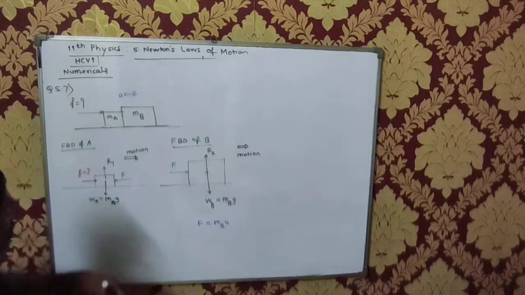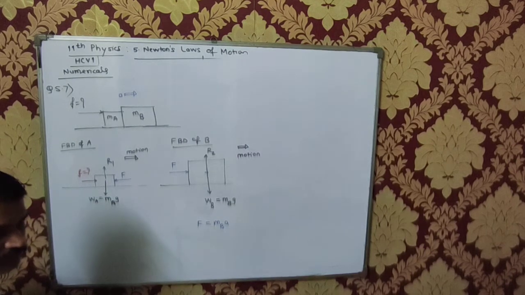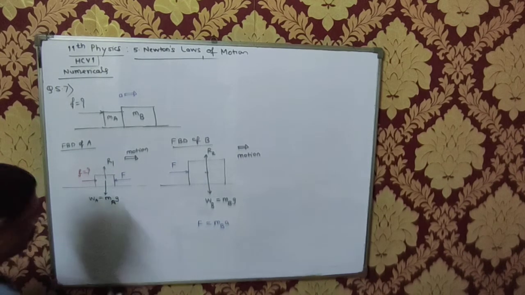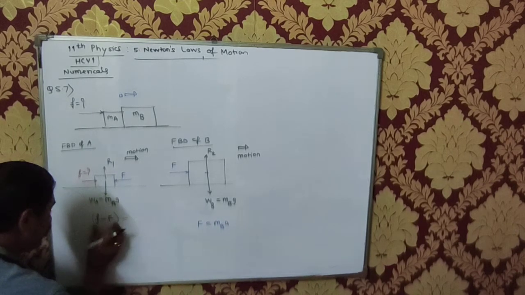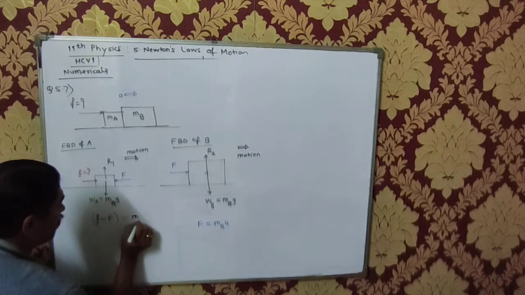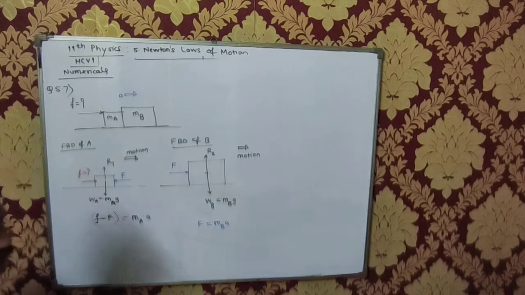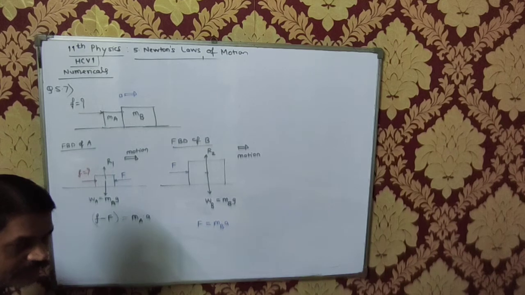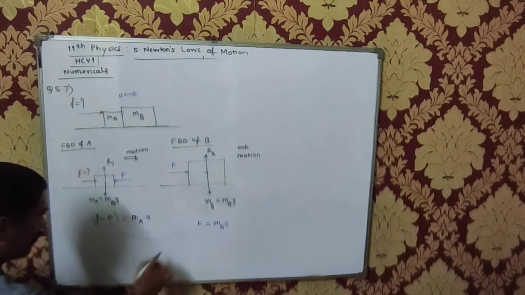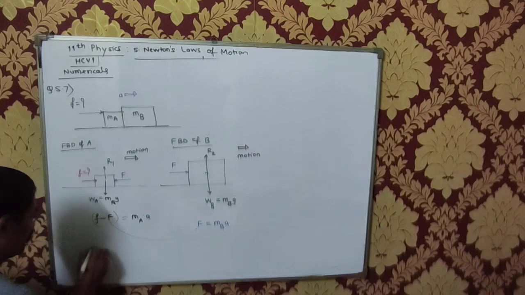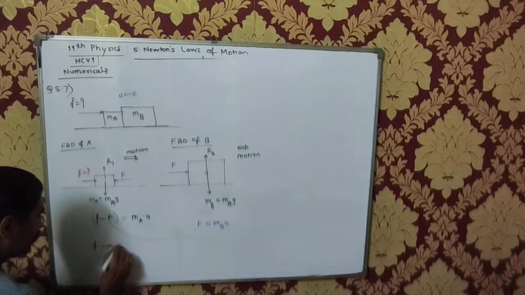So this pushes. So what is the unbalanced force here? Resultant force, F minus F. Yes, this is the unbalanced force, F minus F. And this resultant force is equal to ma, meaning ma into a. Yes or no? Correct? Okay. So now can I replace this F by this? So what is this going to become? F minus MBA equal to ma.